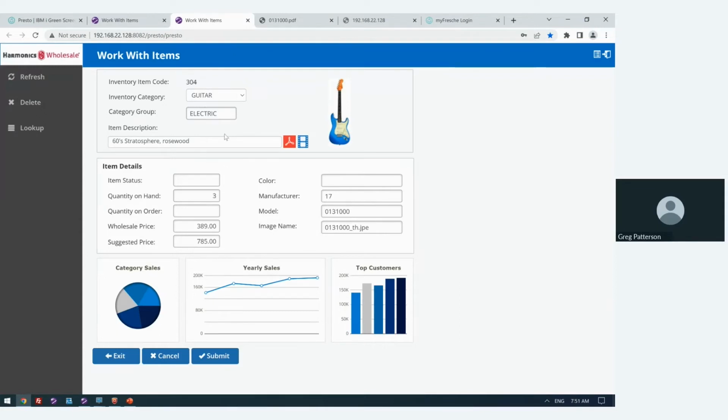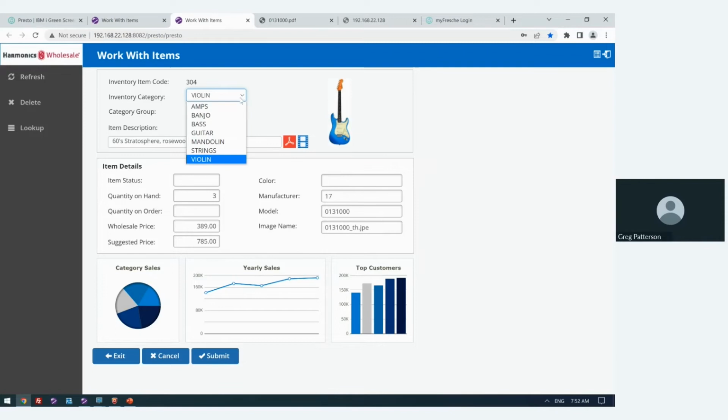Presto does have a built-in SQL tool that lets me take an F4 prompt like we had on the original screen, and rather than having a pop-up window with a subfile, I can have Presto read a DB2 file directly and dynamically grab the, in this case, the inventory categories that are available. So just to save a little bit of time in data entry, rather than having to hit F4, scrolling through a subfile, taking an option X on the subfile option I want and hitting enter, I can simply come in here. I can click on it to drop it down,